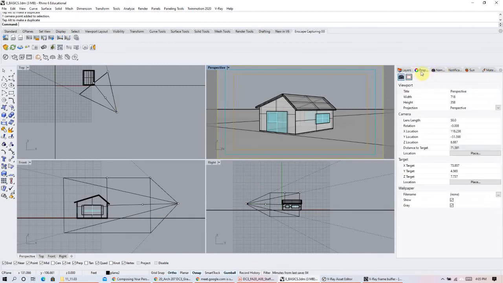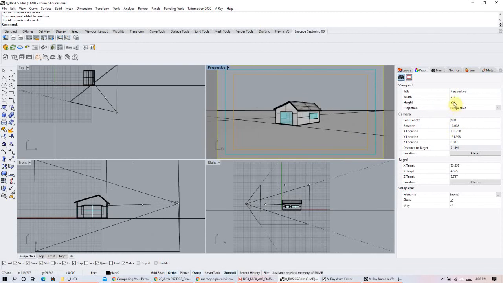If I go to my properties menu, so if I select into my camera view and I go to my properties tab, I can see what my camera lens length is. Okay, so I've been changing this while we've been talking, right? I went back and forth changing it. So right now it's set at 50. If I do 30, the lens width is brought out,